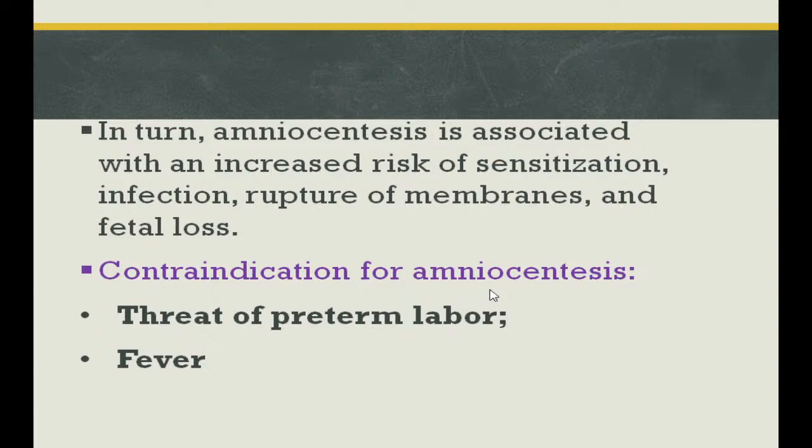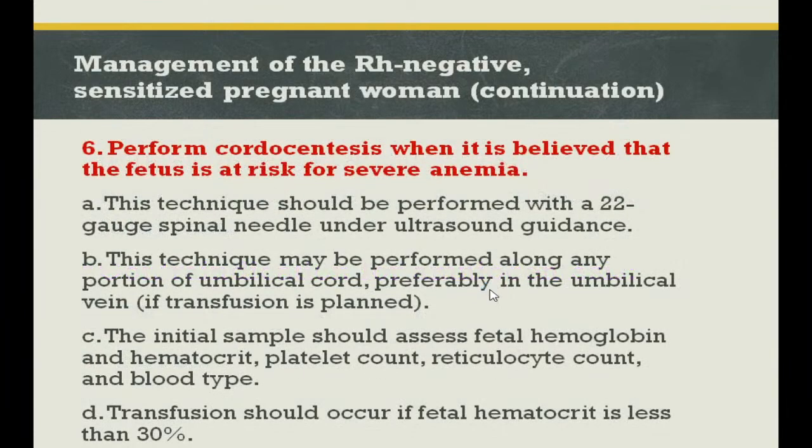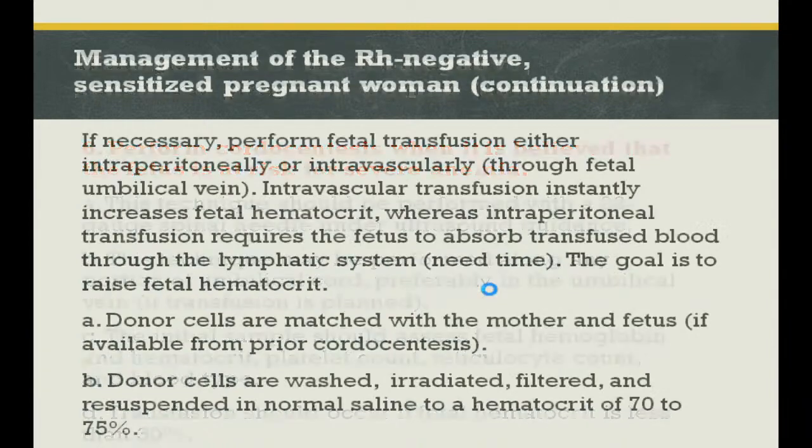So there are some contraindications for amniocentesis: threat of preterm labor, fever. Perform chordocentesis when it is believed that the fetus is at risk for severe anemia. This technique should be performed with a 22 gauge spinal needle under ultrasound guidance. It may be performed along any portion of the umbilical cord, preferably in the umbilical vein. We will get some portion of blood to make a special lab test for diagnosis, and if necessary we can